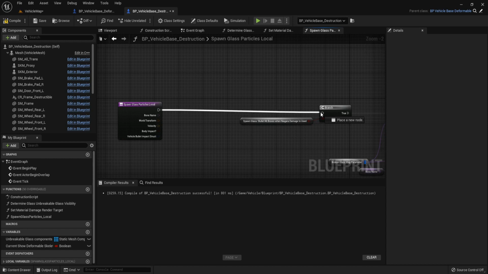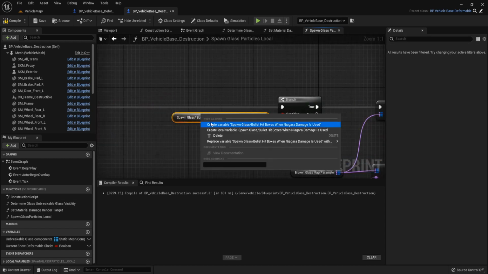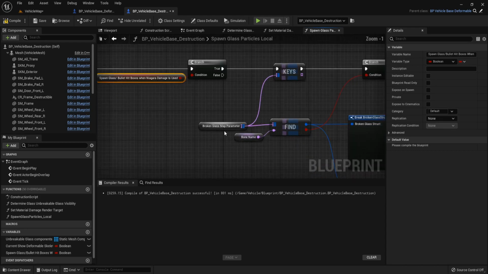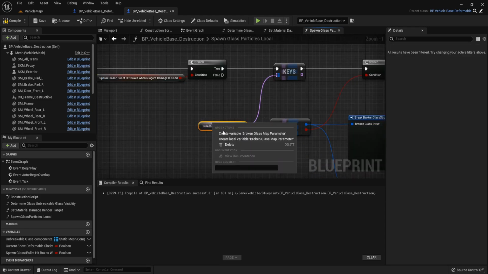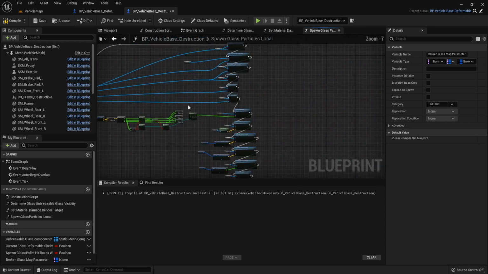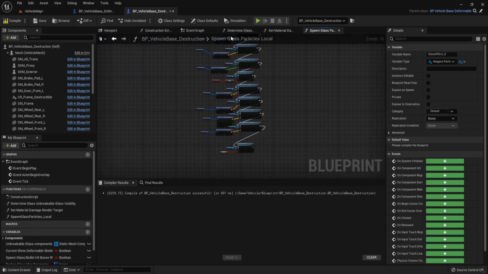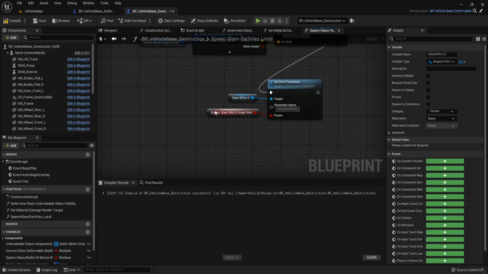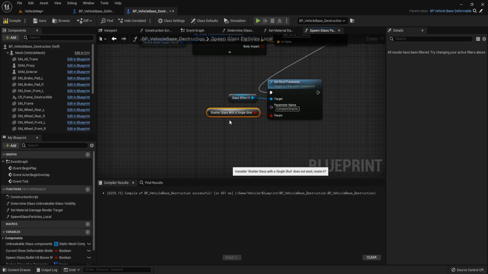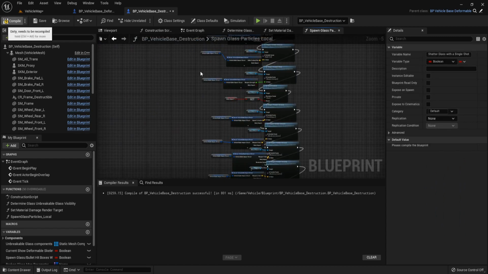Delete, and promote this to variable. Broken glass, create variable. And the glass effect, create variable. And this, set the glass with a single shot. Compile.